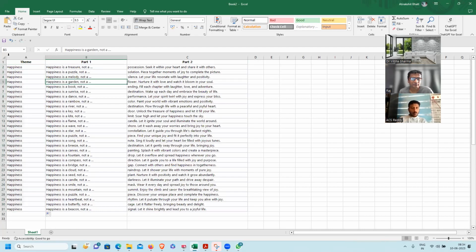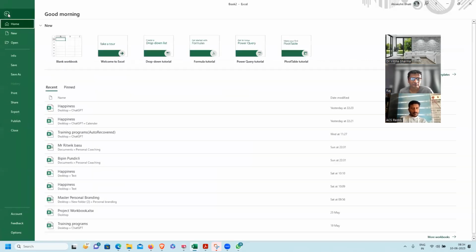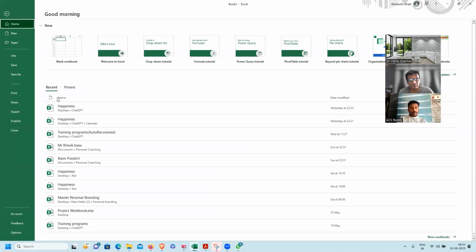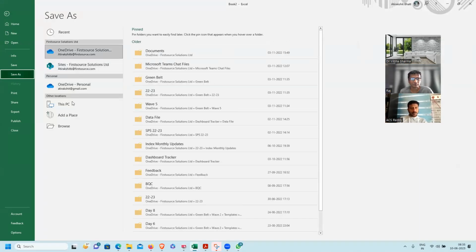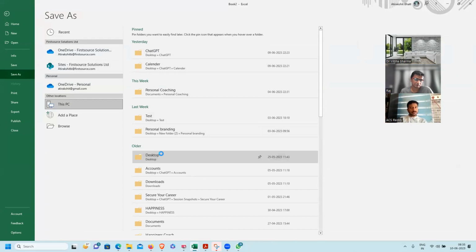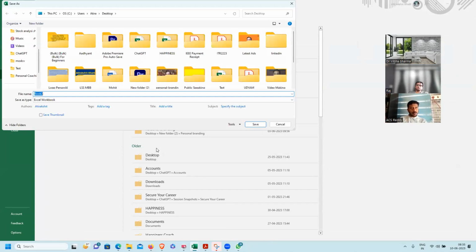Okay. Now I have to save this file. I click Save As, This PC, let me say desktop. I'll name it demo happiness.